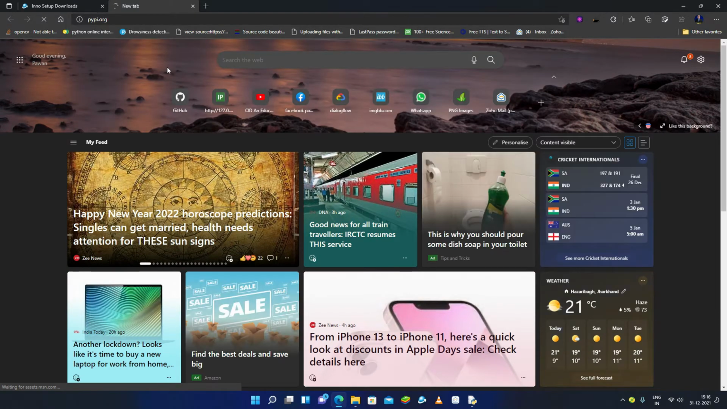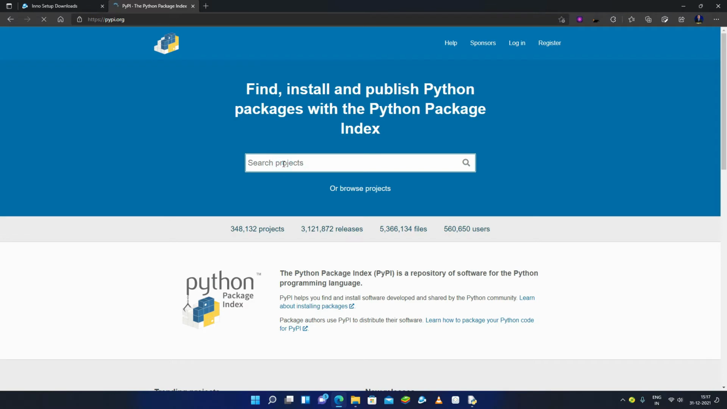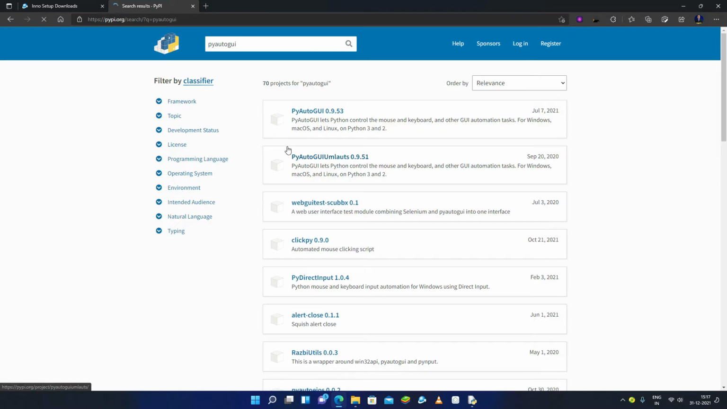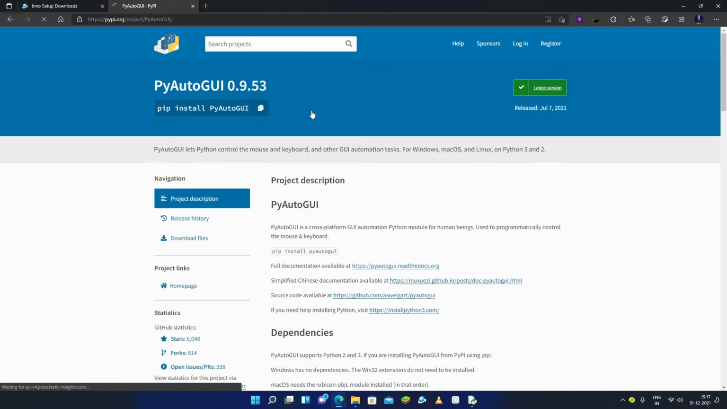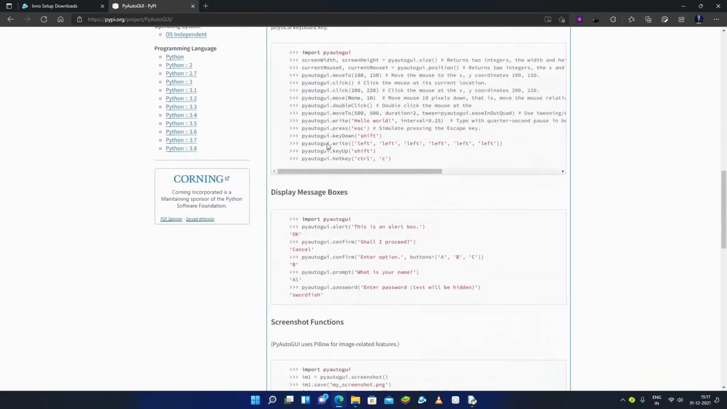Pypi.org, there is one module here called PyAutoGUI. So let me search here for PyAutoGUI. I have already made one tutorial for PyAutoGUI, so you can see it is showing on the top. Here you can install PyAutoGUI with this command, pip install pyautogui, and it has some of the